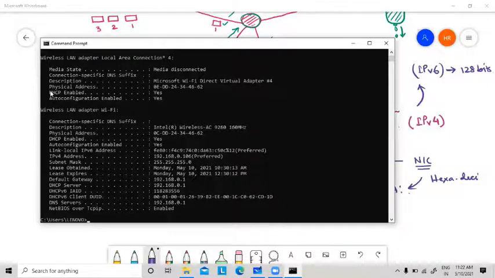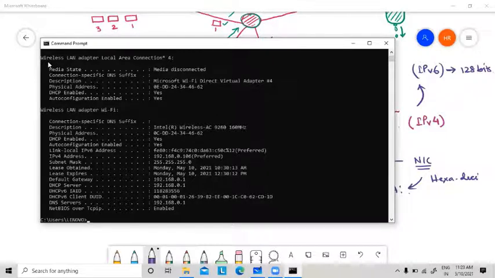I hope you can see the mouse pointer. Physical address. See, it is written 0E DD24 34. So how many bytes? 1, 2, 3, 4, 5, 6. 6 bytes. This is in hexadecimal, 6 bytes. See, there is the physical address again: 0C DD24. Again almost the same, a little bit different. Here it is 0E, here it is 0C.